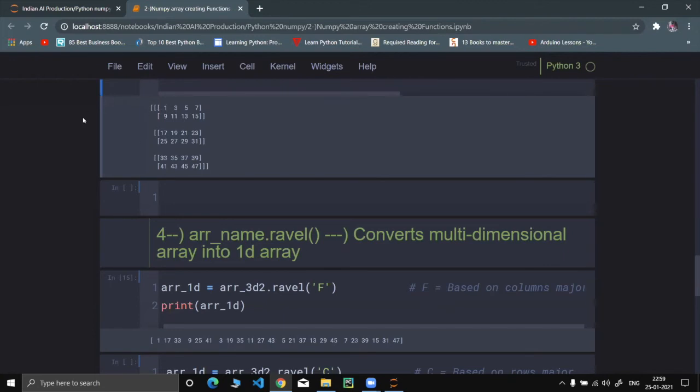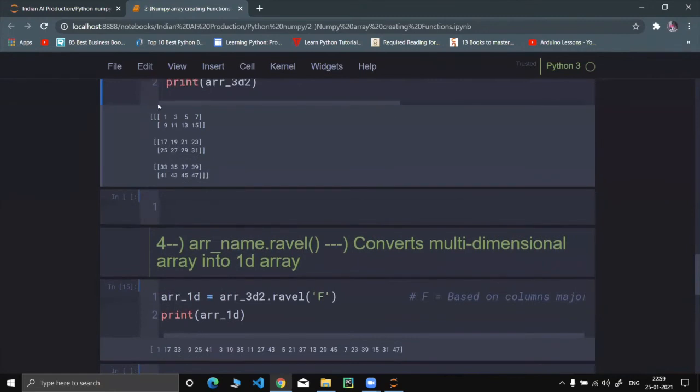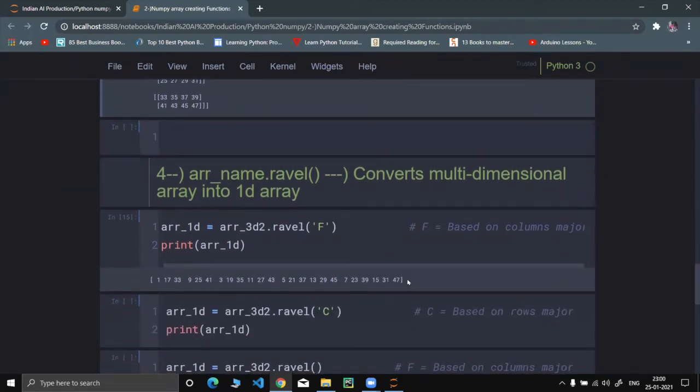So like we need to go row wise. Suppose we selected this one now. Every corresponding element should be picked up and put sequentially. So we'll get it accordingly.